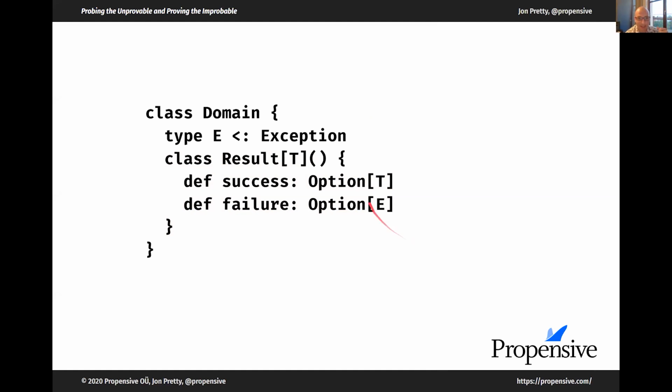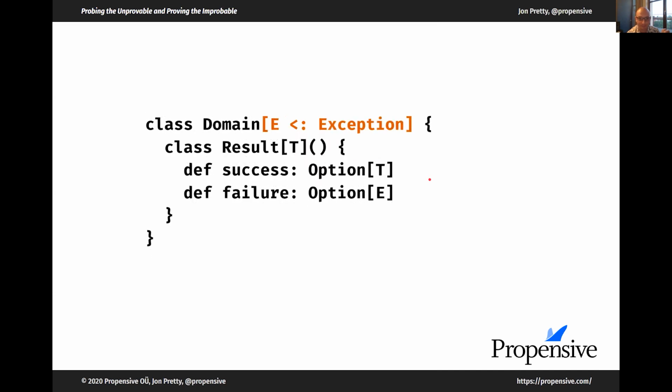In this case, it's domain. So we don't need to explicitly include that. We simply omit it, and this is the same as the previous version.